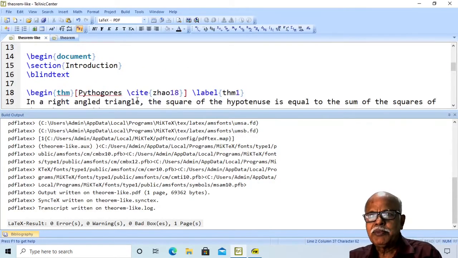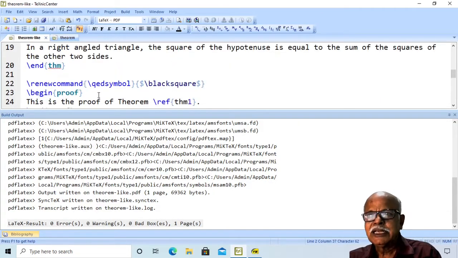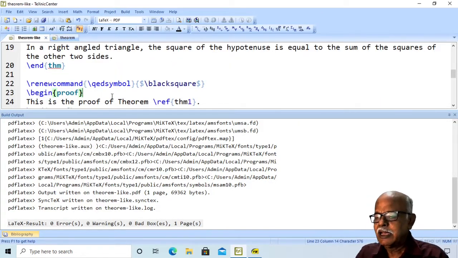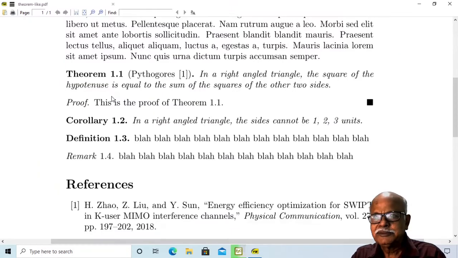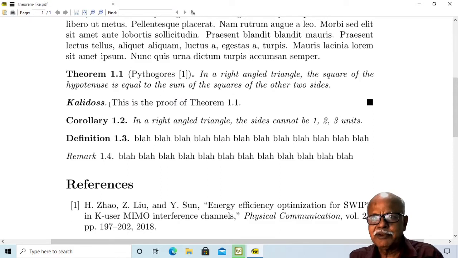Proof environment has got an option. You can say some funny statement. Then instead of proof, what you are given within the square brackets will appear here.